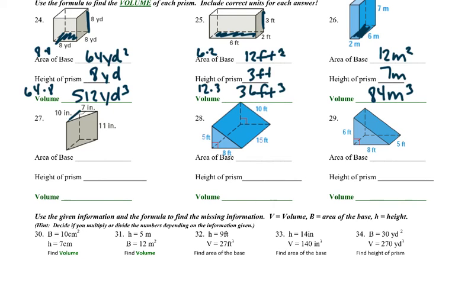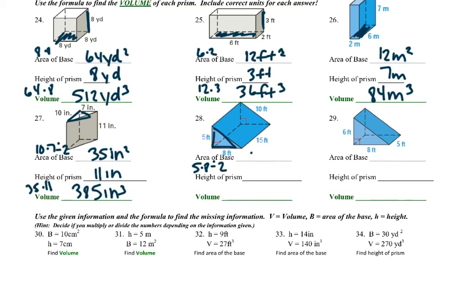So now our base changes, right? Our base is a triangle, so since it's a triangle, we've got to divide by 2. 35 inches squared, 11 inches, and then we're going to multiply 35 times 11 is 385 inches cubed. Here the base is again a triangle, so 5 times 8 divided by 2 is 20 feet squared. The height connects the two bases is 15 feet, and 20 times 15 is